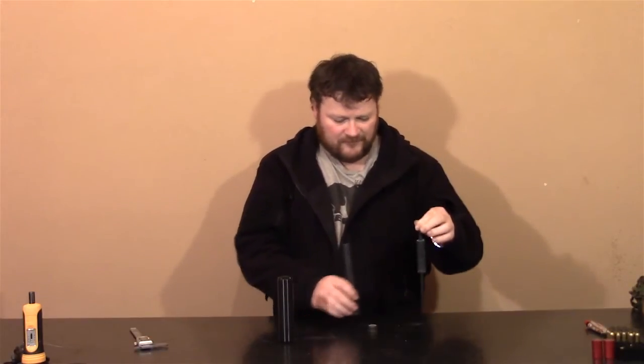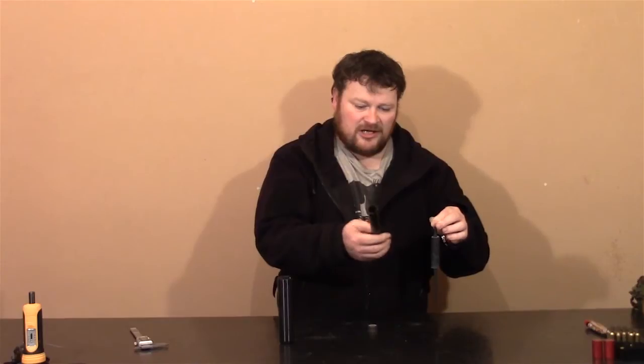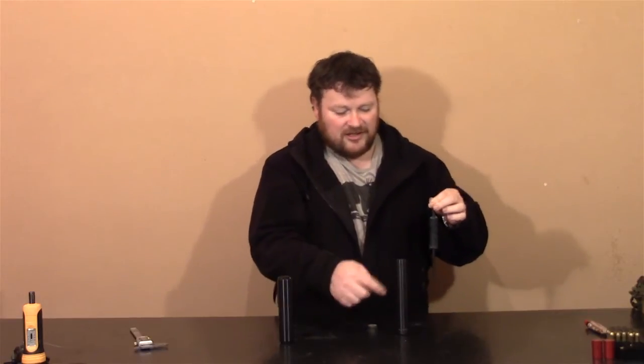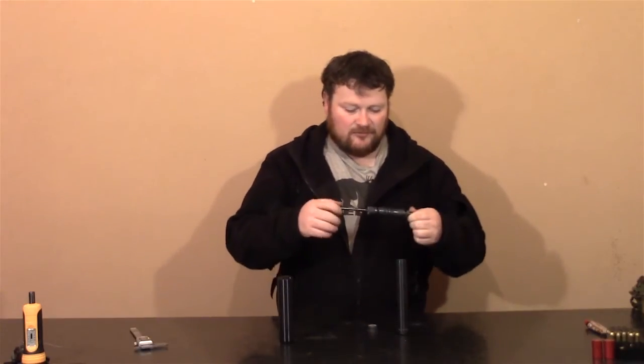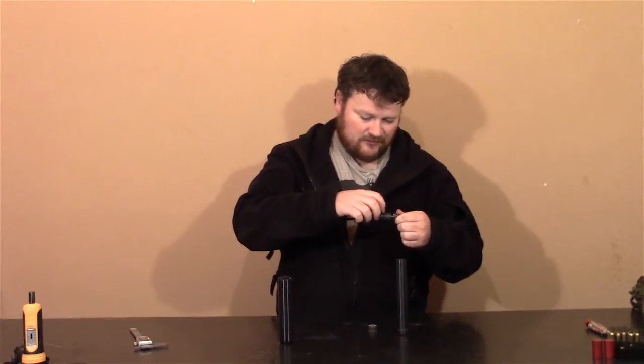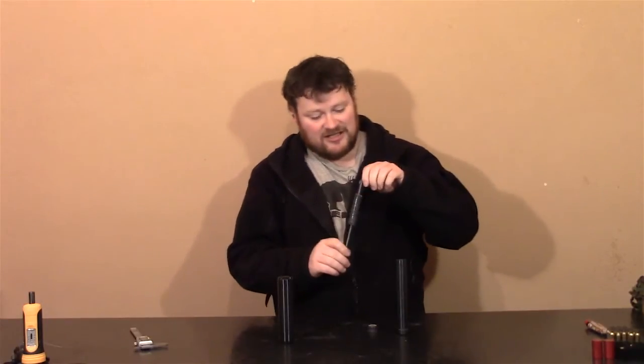There we go. And that's it. The tube there has a stop halfway down, so the baffle's actually sitting like this. So you have a bit of an expansion chamber, and then you have the baffles themselves. So we have 1, 2, 3, 4, 5, 6, 7, 8, 9, 10, 11, 12, 13, 14, 15 steel baffles